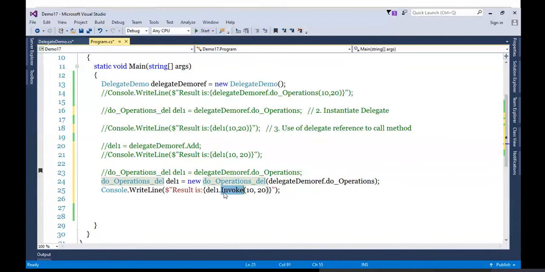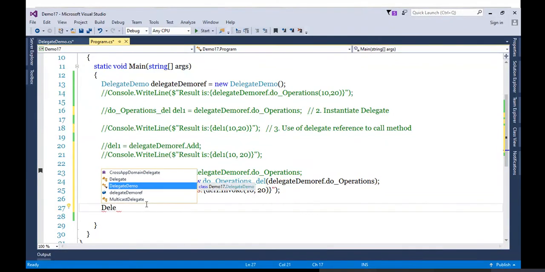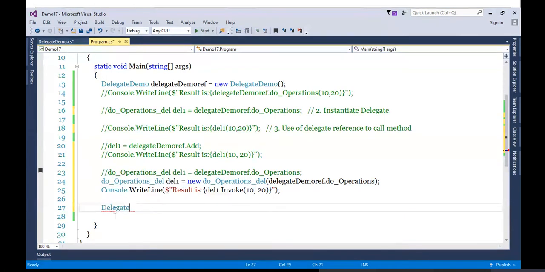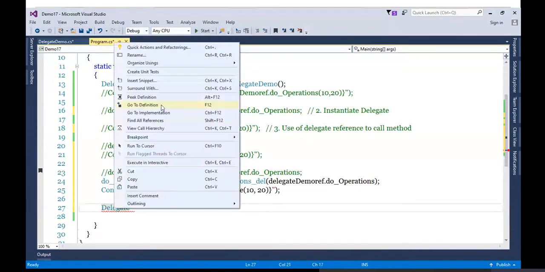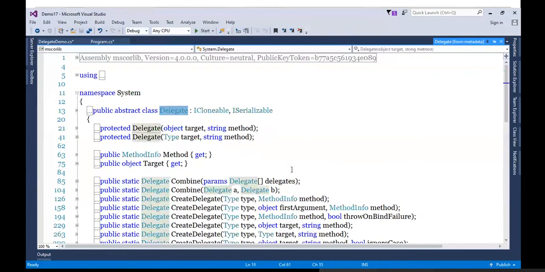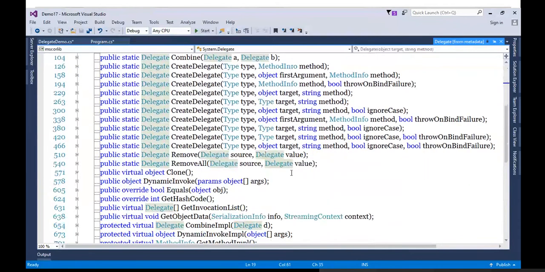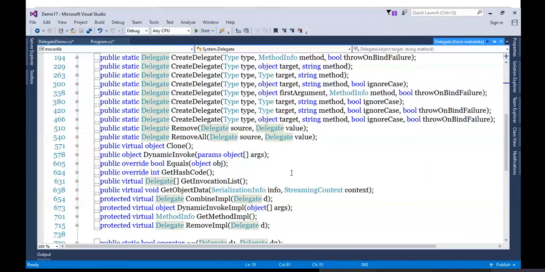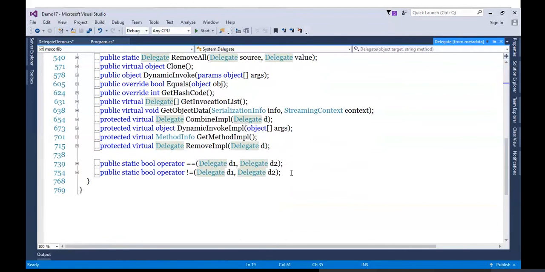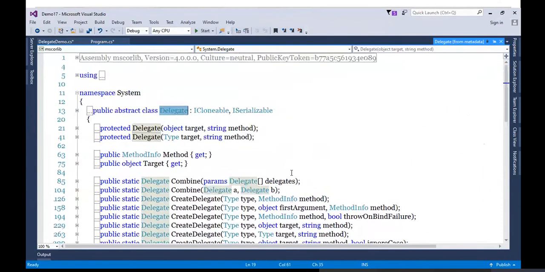This Invoke method is coming from the built-in Delegate class. You can watch this here. If I go to definition, you can see all those methods which are present.